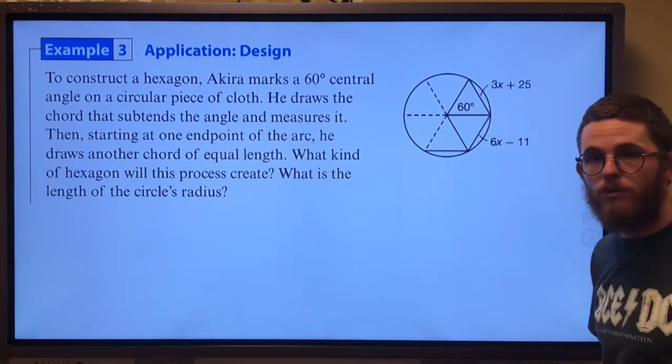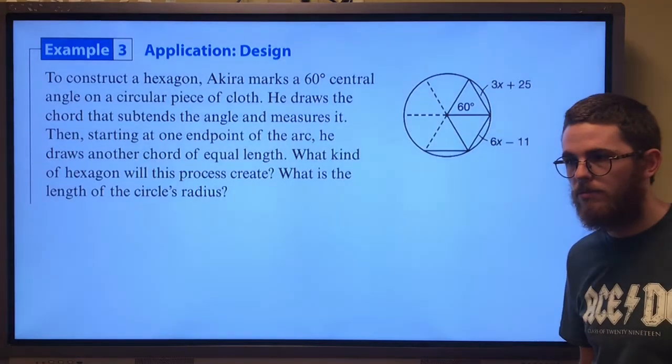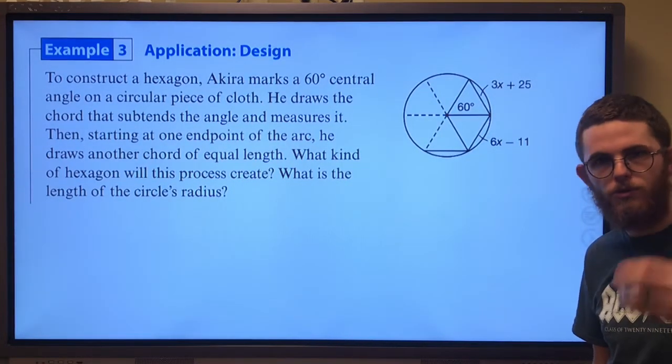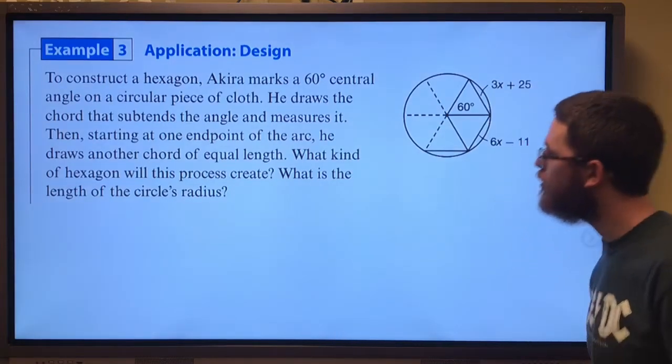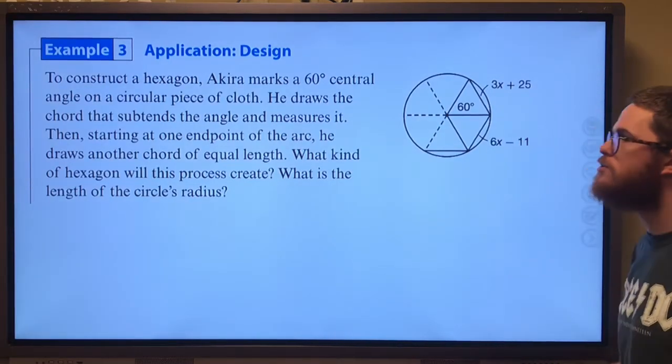I thought it was a she. I've taught Akira before. She was a girl. Very confused. Anyways,